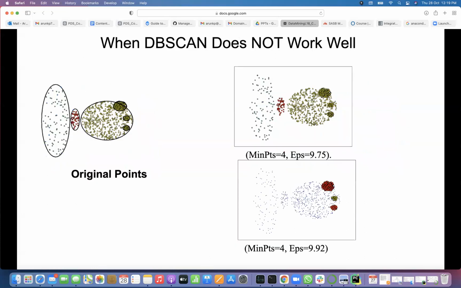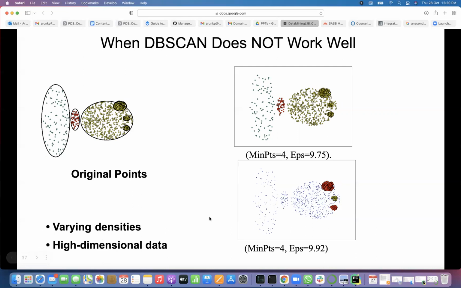So when DBSCAN does not work well: varying densities. When you have them, DBSCAN finds these points don't have enough points, right? That's why no point becomes a core. Then you don't find any point as a border point. All points will become noise on the left side, because density is less. That is the problem, varying densities. But in reality, with a lower density, they may become a cluster.